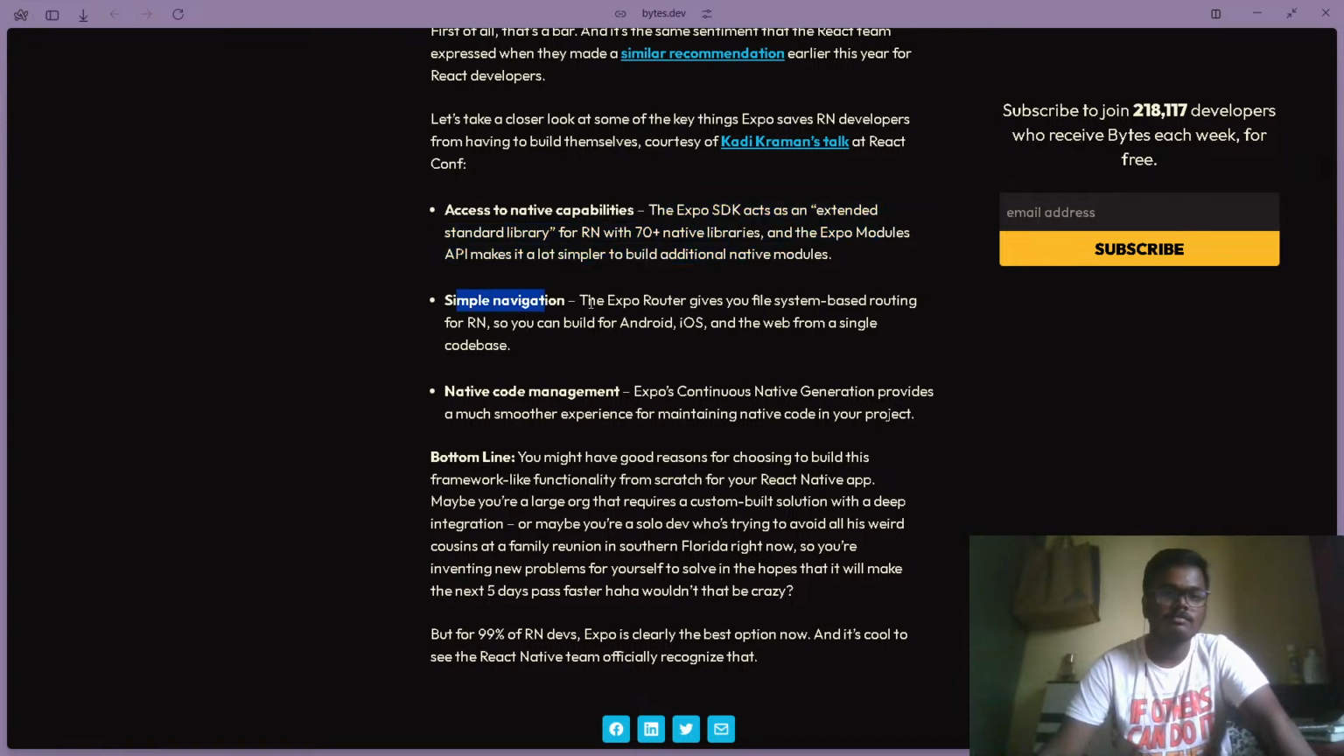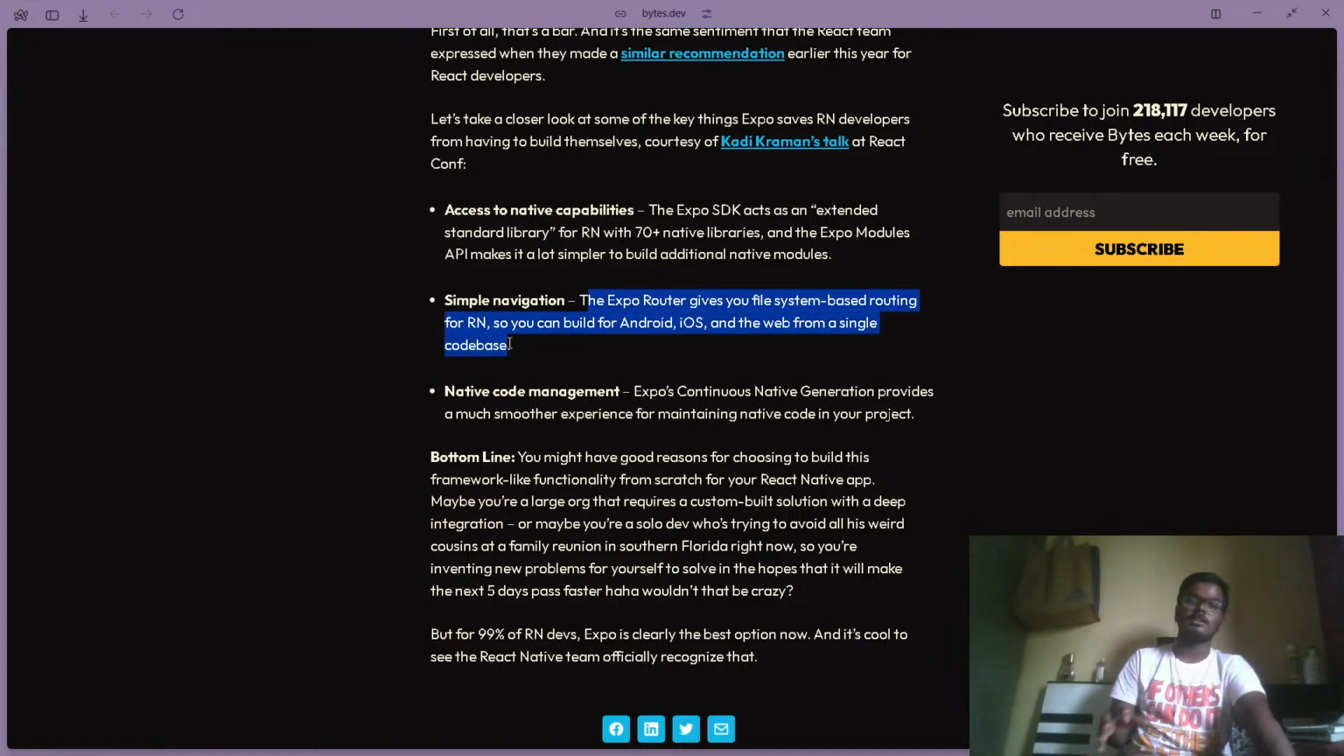Simple navigation. Expo Router gives you file system based routing for React Native, so you can build for Android, iOS and web from a single code base. Actually, it's good that